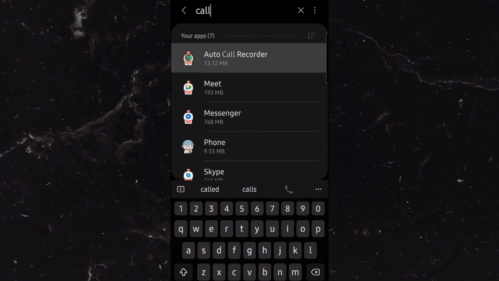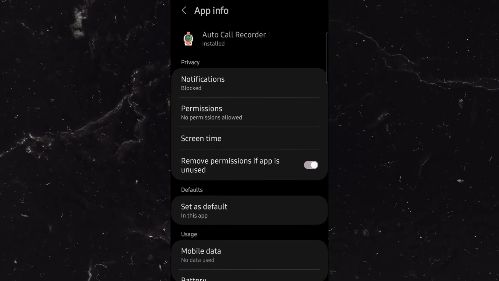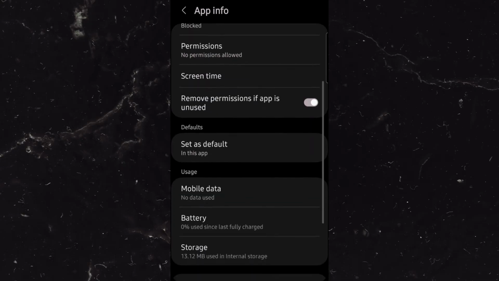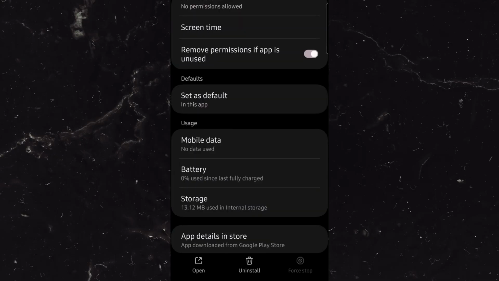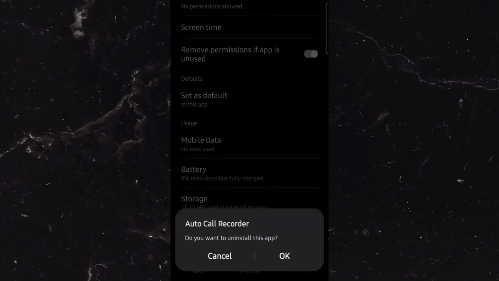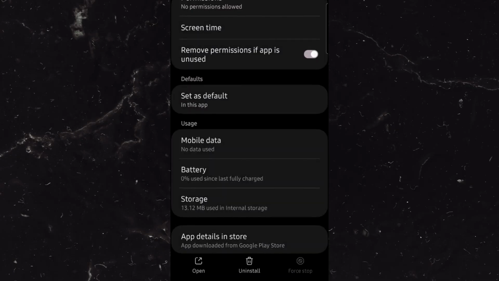Next, tap on Uninstall. If your phone asks for confirmation, select OK or Uninstall again to proceed. This removes the app from your phone and stops it from recording future calls. If the uninstall option is grayed out, tap Disable instead. Some call recorders come pre-installed or are bundled with the system, and disabling them prevents them from running or recording